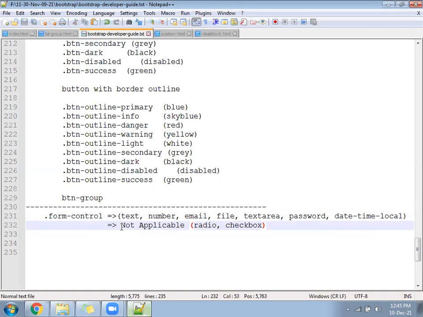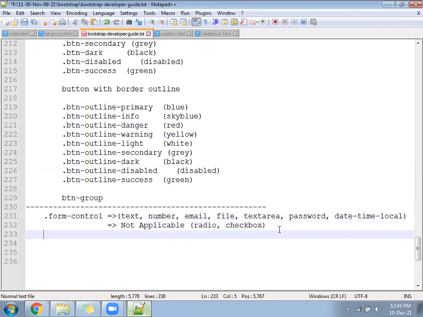So whenever you create a checkbox or radio button, you will not use class equal to form-control. What will the form-control class help you with? Let's see.